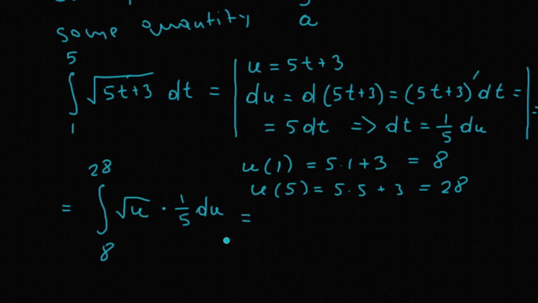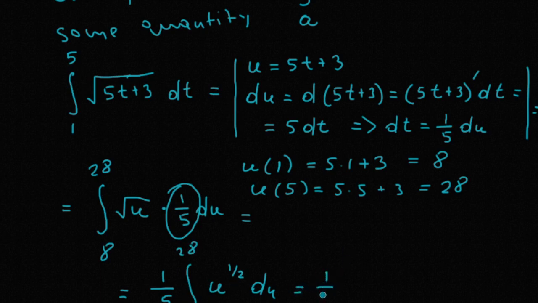Now we have a much simpler integral in terms of our new variable u. 1/5 is a constant factor in the function that we're integrating now. We can factor it out of the entire integral by the constant rule. To find the antiderivative, it helps to rewrite the square root of u as u to the power 1/2, because then we can apply the power rule to find the antiderivative of this function. 1/5